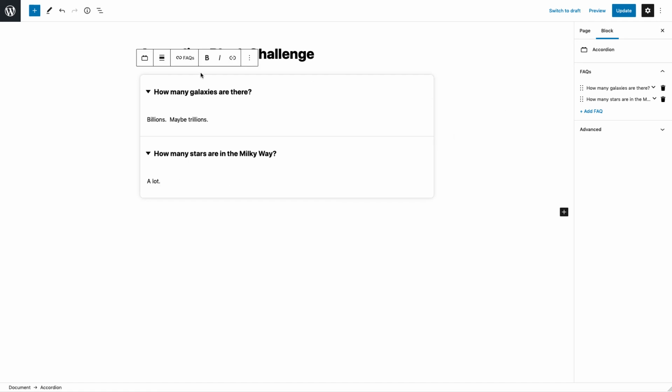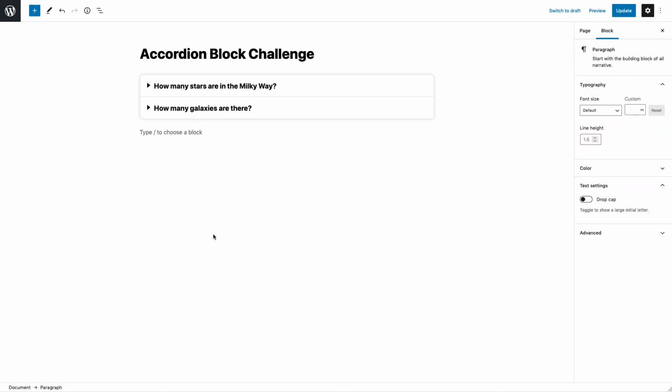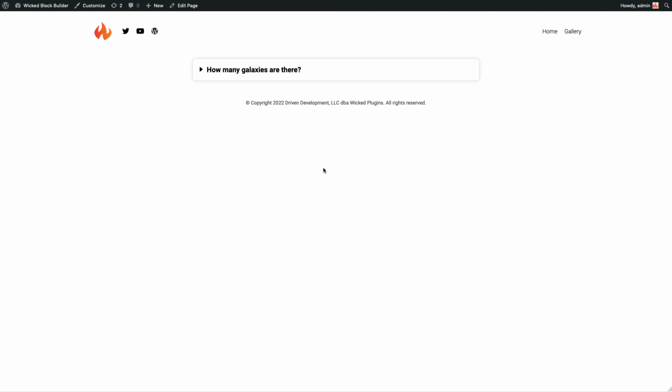Okay, so now we have our labels for our repeater. We have our item label, so it's easy to see which one is which, and so if we need to reorder them or anything, it's very easy to do because we know which item we're working with. And then if we click outside the block, everything's hidden, and we see a good preview of what it's going to look like on the front end. And if we refresh the front end,